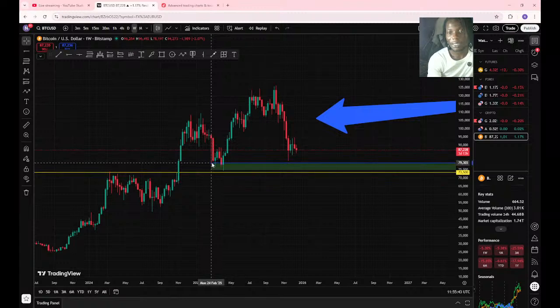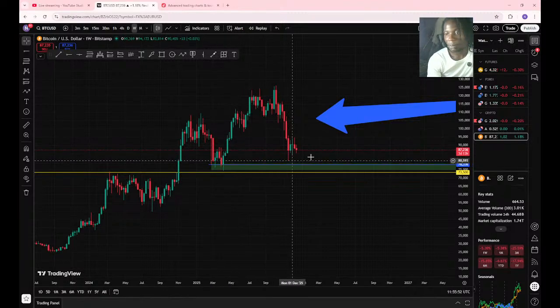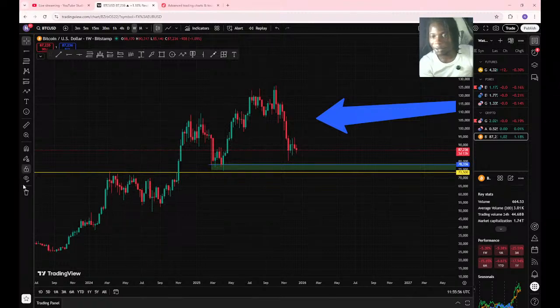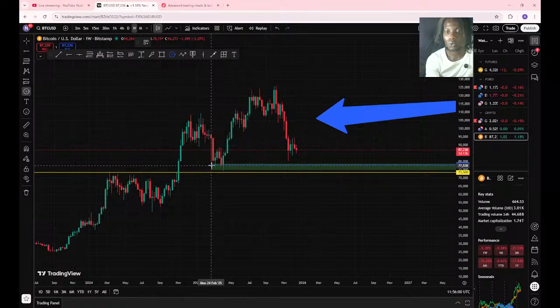Okay, a lot of people are taking these buys because of this equal liquidity that they got here and this reaction here. But for me, I still want to see gold come down a bit, BTC to come down to 78. Maybe we might get another reaction from there, but this place is just a sharp liquidity pool.